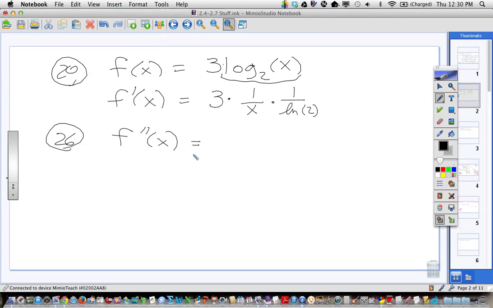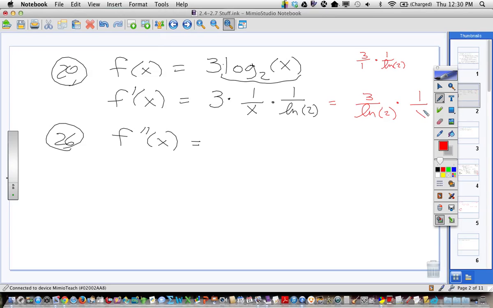All right, now what I would do, I told you when you do your derivative, you don't need to rewrite them for me, rearrange them. But to do the next derivative, it might be nice to do that. So probably would have been useful here if I would have said, this is just a number. 3 is just a number. And it's all multiplication. So let's move this 1 over ln 2 over here. So it's like 3 times 1 over ln 2 would just be 3 over ln 2, right? That'd be 3 times 1. So this is really just 3 over ln 2